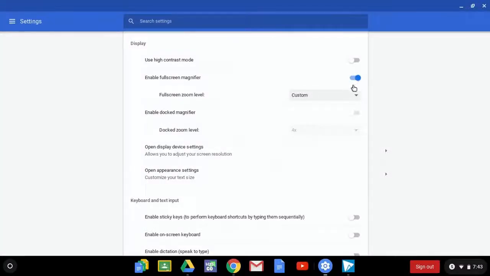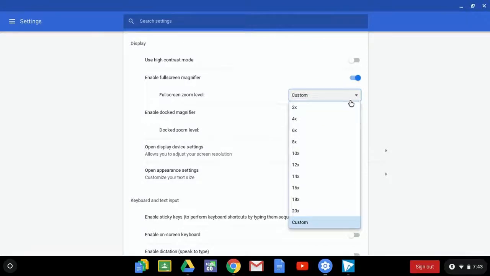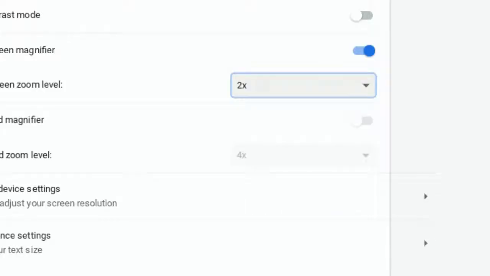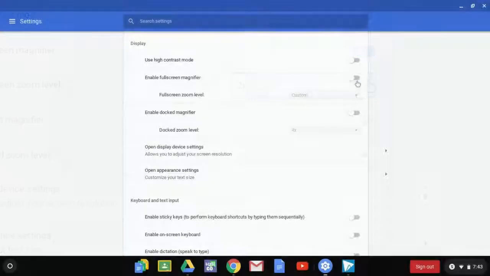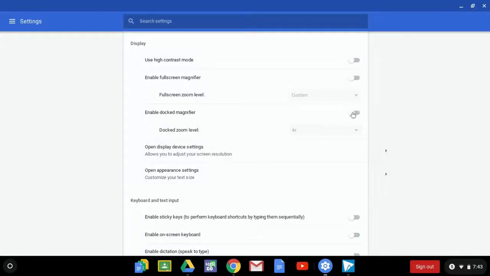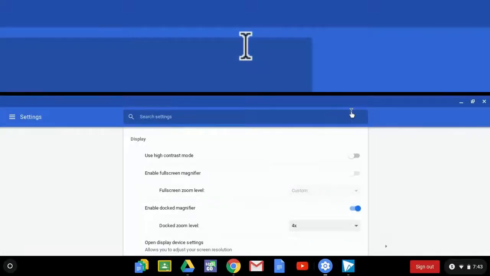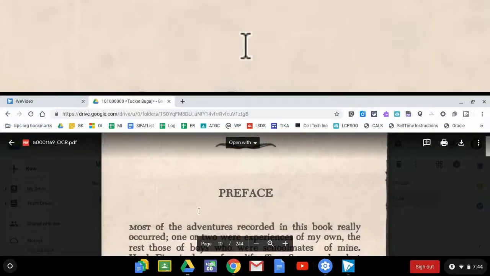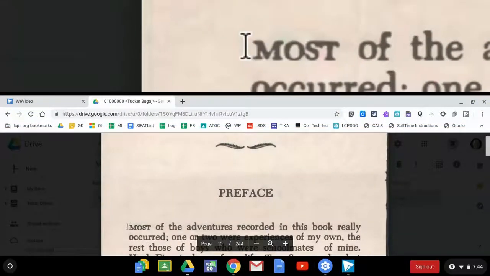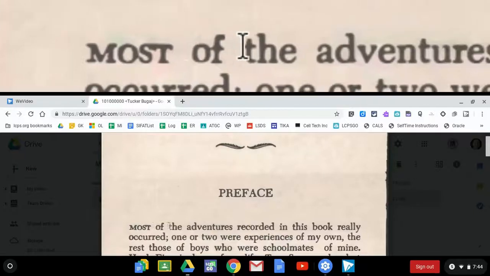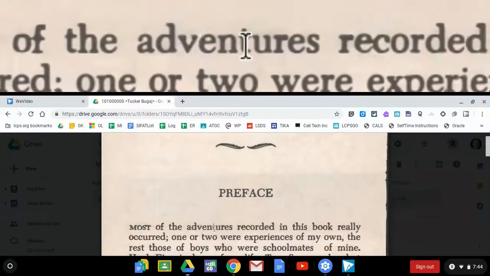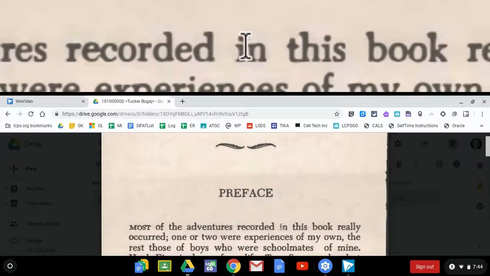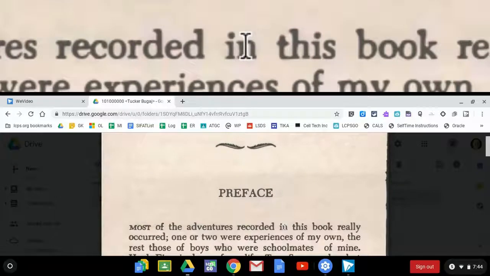You can adjust the zoom level by selecting a magnification level between 2 times and 20 times the default display. When the docked magnifier is enabled, the top portion of the screen is magnified, leaving the lower portion of the screen at the default magnification level. A student can adjust the zoom level by selecting a magnification level between 2 times and 20 times the default